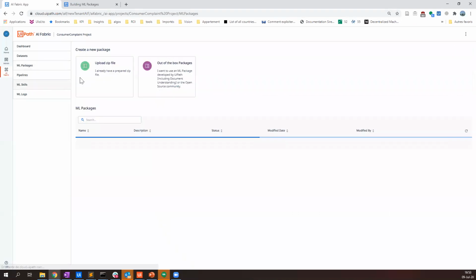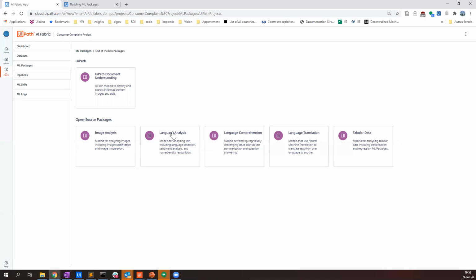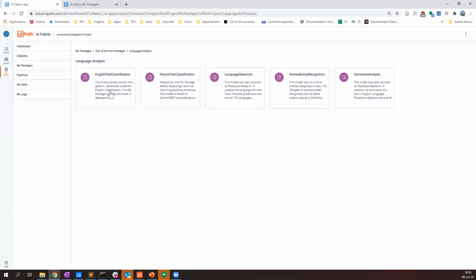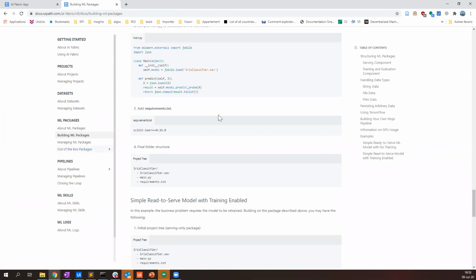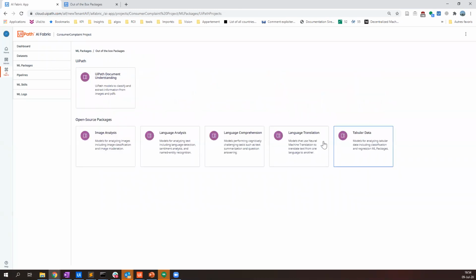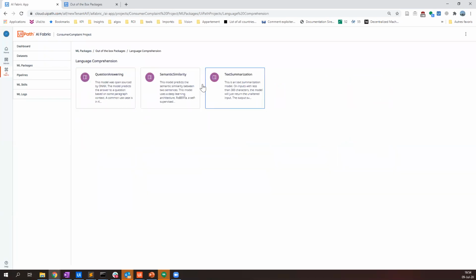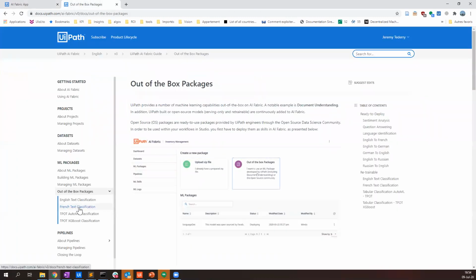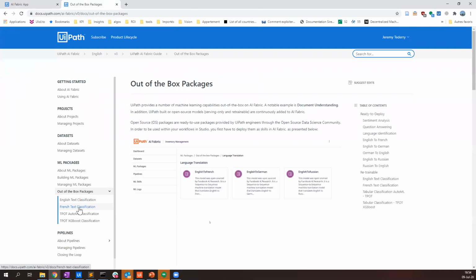If you go here for text classification today, it will actually depend on the model. Maybe I should go into the documentation, you will have more there. Most of them, of course, are for English. So English text classification, named entity recognition, sentiment analysis today are supporting English only. Again, if you go to language comprehension, they are for English only. There is one classification for French that you can use.